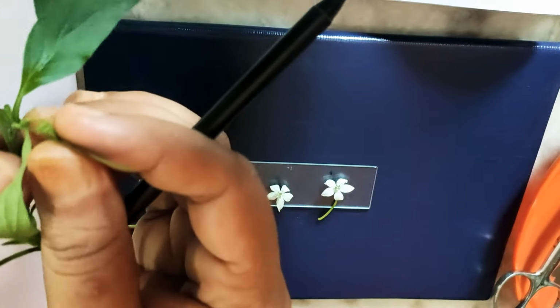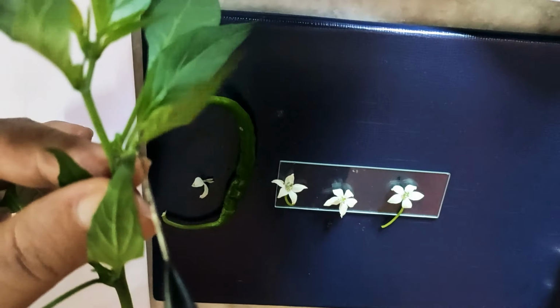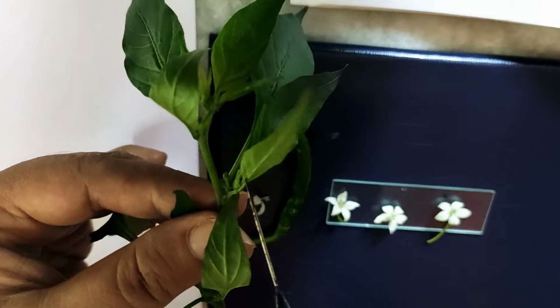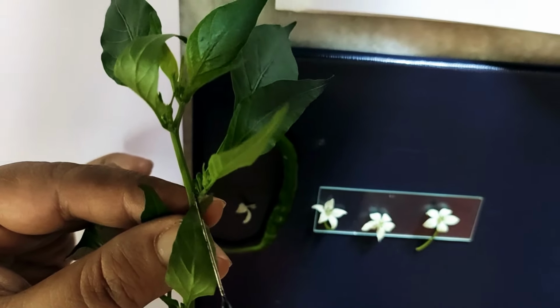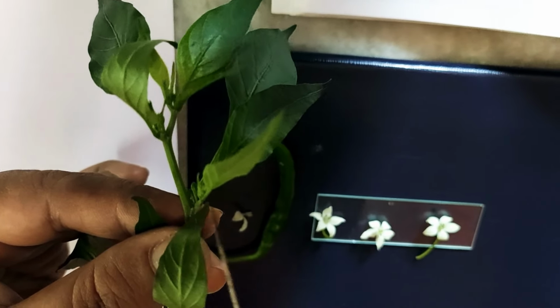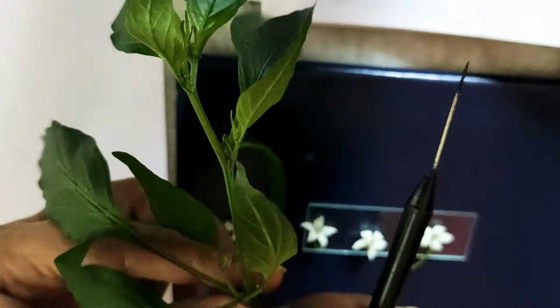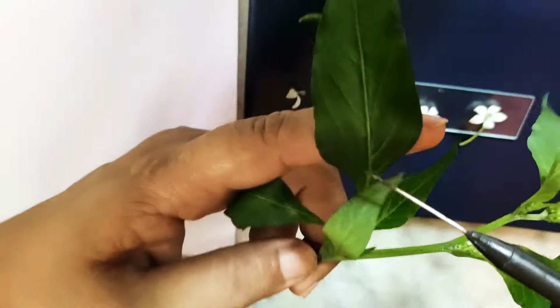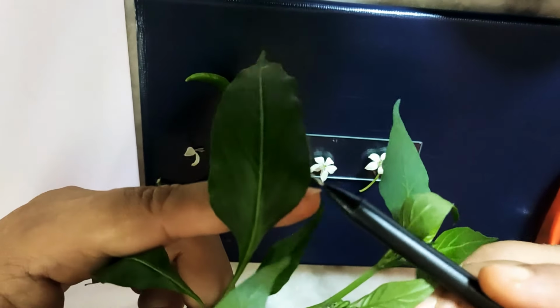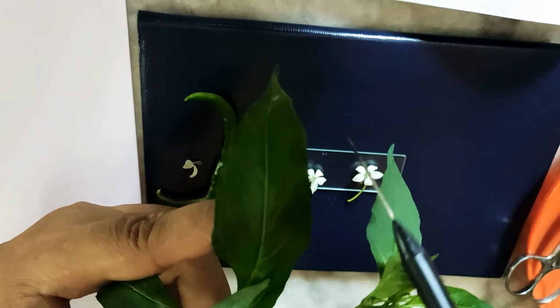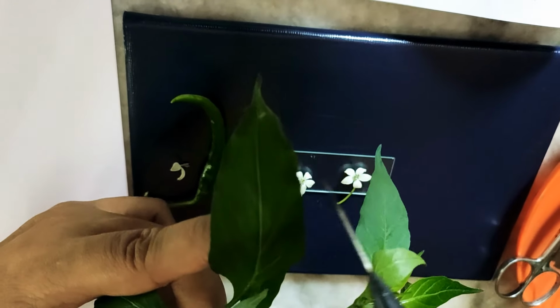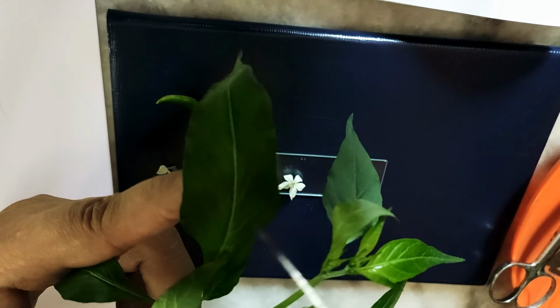And as far as the flower is concerned, if you look closer, you can see that from the axil of the leaf the buds are coming out. This is the bud from which the flower will later develop. So this is about the shoot. The root I could not show you, but if you look at the leaves, you can see a central midrib, and the venations form a network-like structure, so it's a reticulate venation.